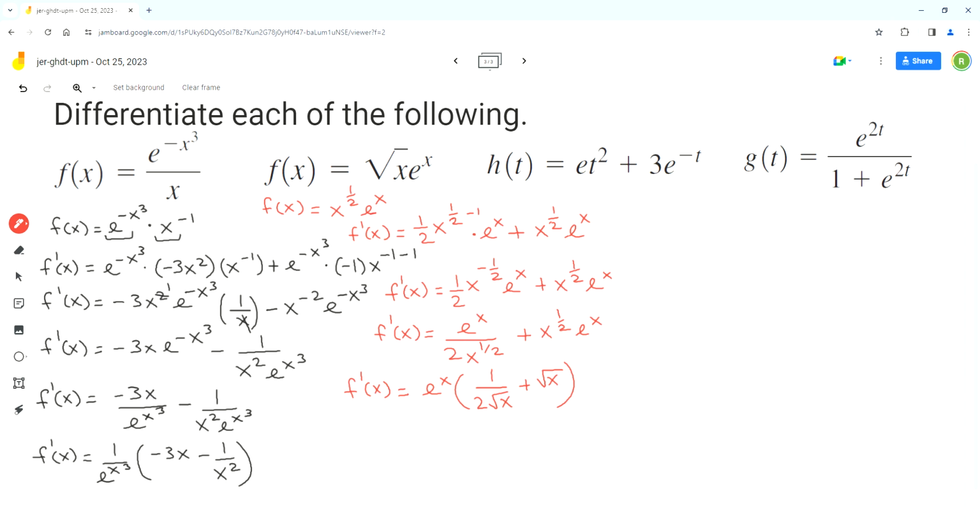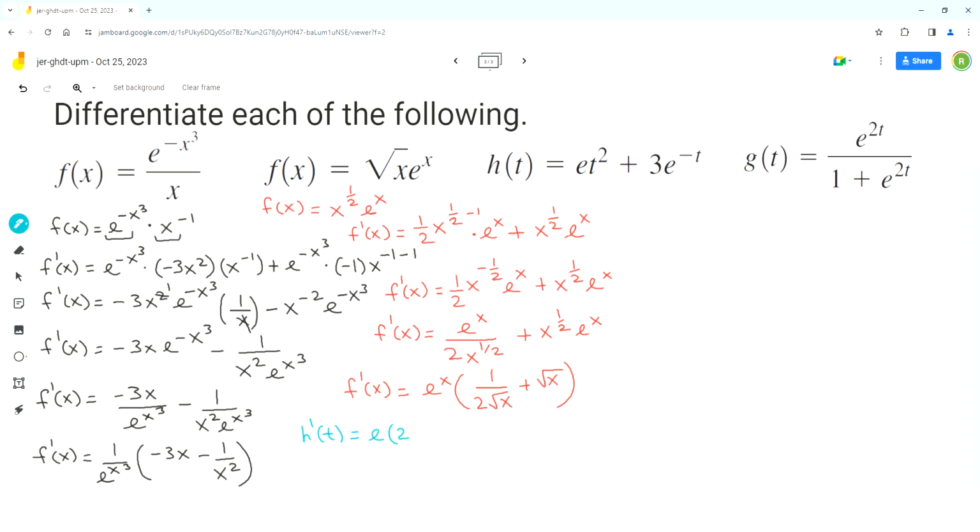Now we can analyze the third function. The third function is h of t equals e t squared plus 3 times e exponent negative t. Now e here is Euler's number, it's a constant. In the first term, e is being multiplied by t squared, so e is the coefficient of this term. Since e is a constant, when we find the derivative of the first term, e stays as it is. So we get h prime of t equals e times the derivative of t squared,